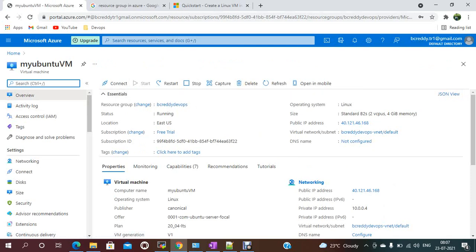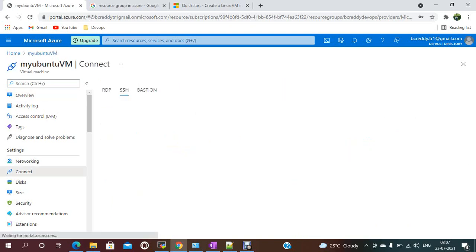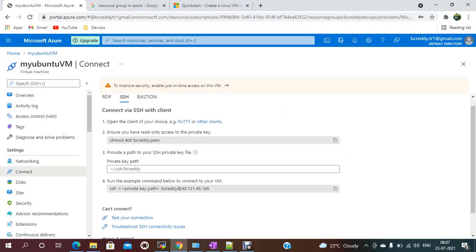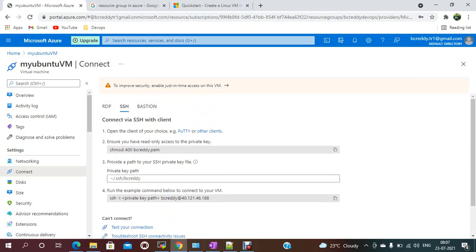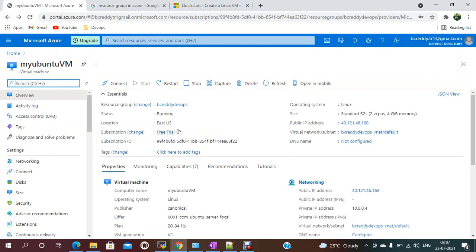Here an option is coming, connect, to connect through SSH. We are not providing SSH connectivity; we are connecting with username and password. You just go back, take the public IP, and we need to connect with username and password.